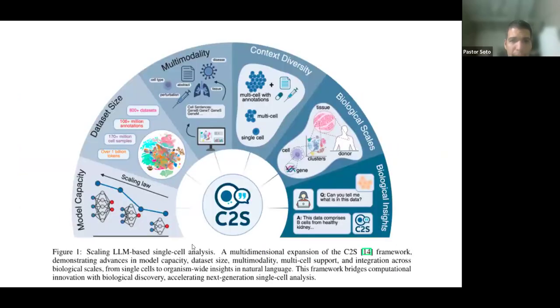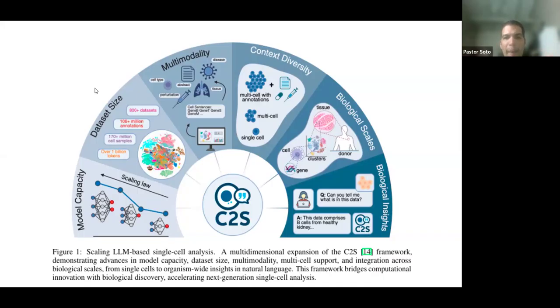So this is an image that can summarize the data set that they use and how they use it. Essentially, they have a vast amount of data, and that data is multimodality data,